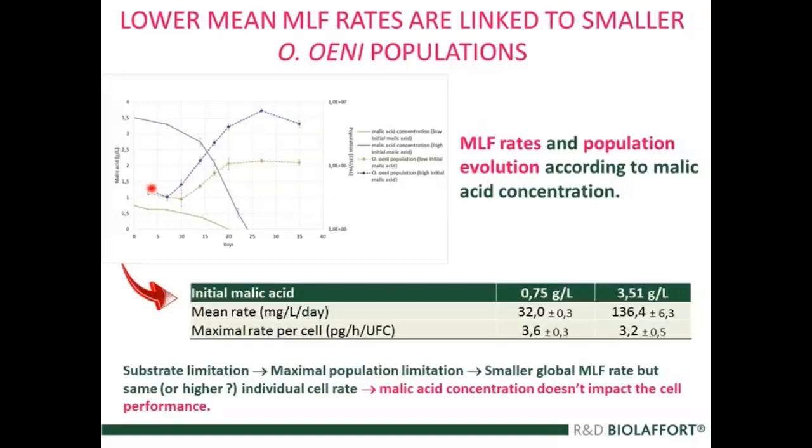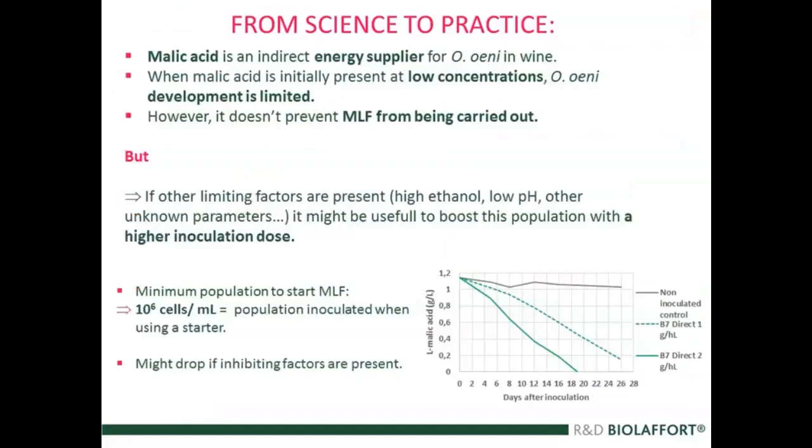You see, you can inoculate at or close to 10 to the 6 cells per mil, but you will always have a small population drop that can be exaggerated if you have important inhibiting factors present. So if this drop is too important, it's going to be hard for the population to come back to its initial population of 10 to the 6 cells per mil, meaning that it might be helpful to inoculate at a